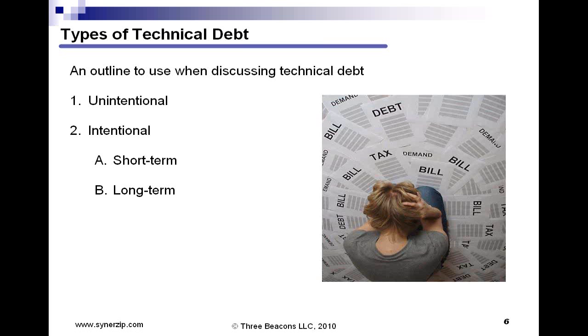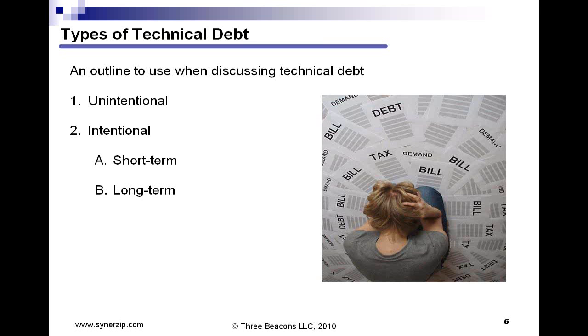So that's just a real-life example of some intentional short-term technical debt that I've seen recently. Continuing on, what are some additional examples of short-term debt? For example, not writing test cases if you're using a test-driven approach. If you add a comment that says TODO, then that is intentional short-term debt. If you allow compiler warnings, that's intentional short-term debt. If you avoid static analysis and avoid things that make up your quality plan, then that's also intentional